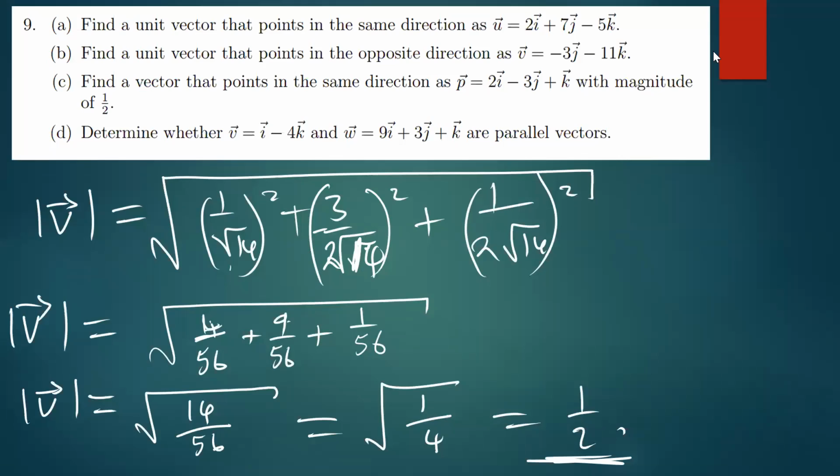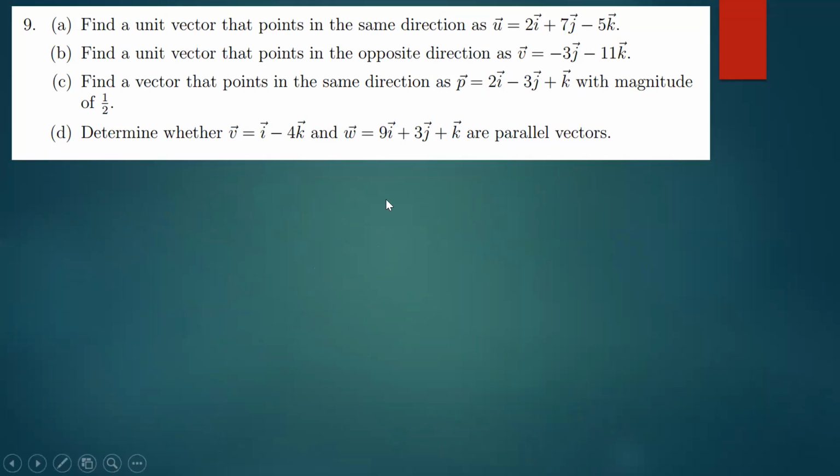Okay, so we proceed with the last question. The last question says, determine whether these vectors u and w are parallel. When vector u is parallel to vector v, what this implies is that, when these two vectors are parallel, it means that